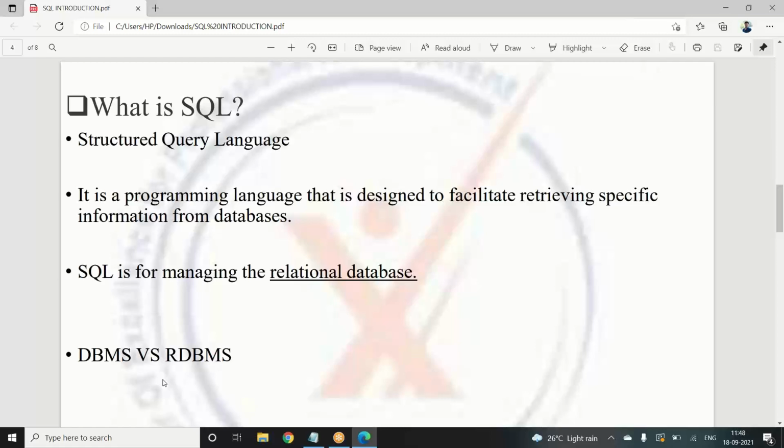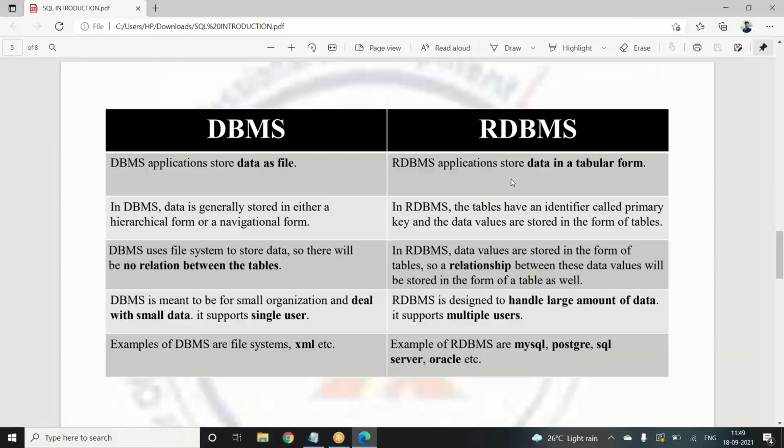And we have another thing which is the relational database management system. It is another variant of database management system, and we use SQL only in the relational database format. So now we'll understand the differences between these: what is a database management system, where it is used, and what is a relational database management system and where it is used.